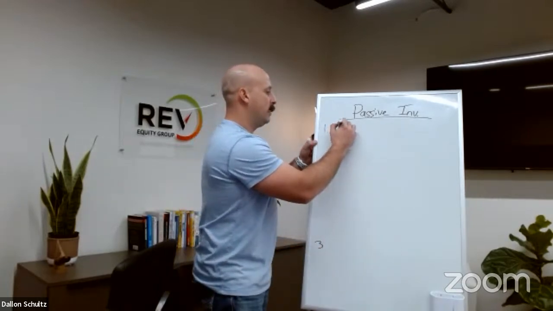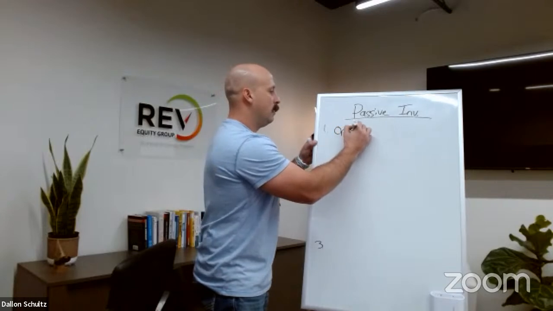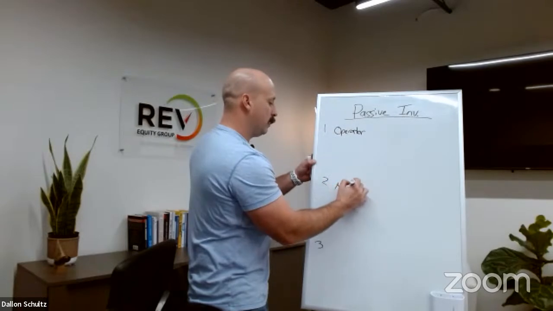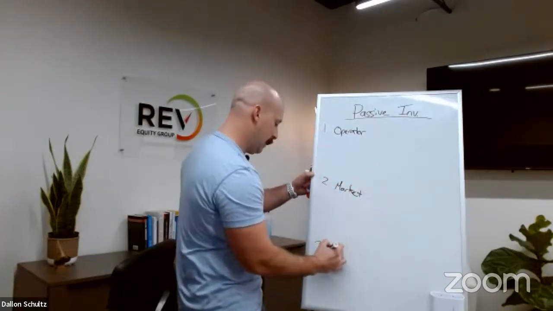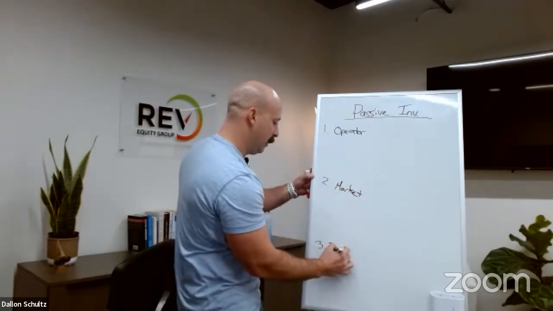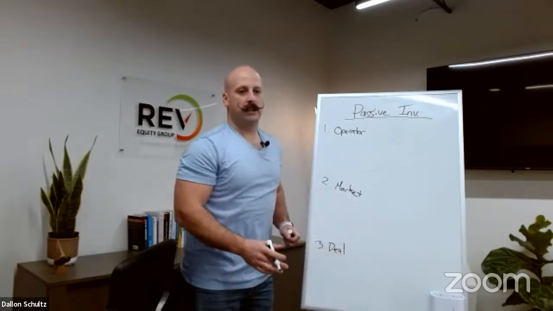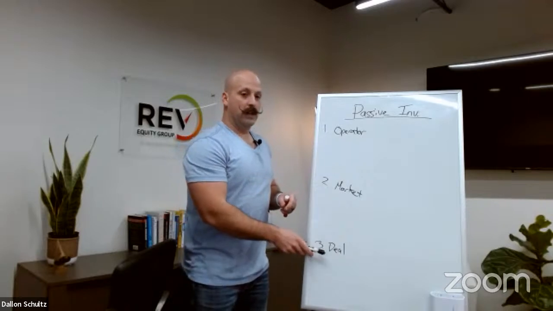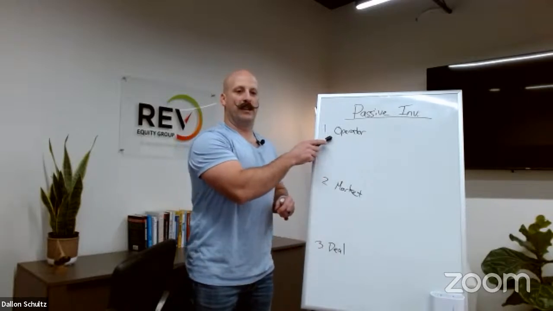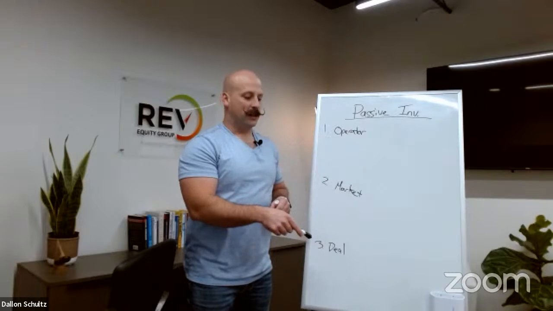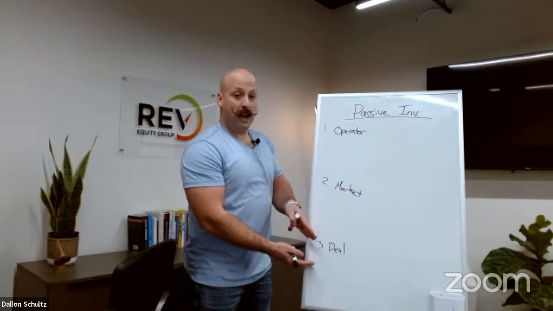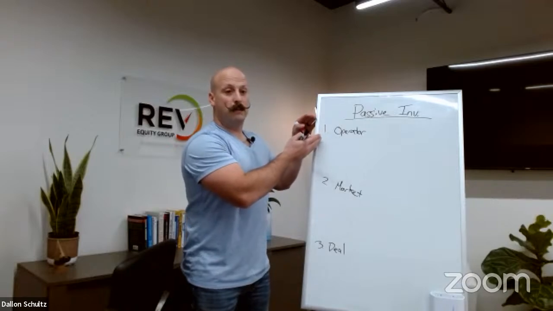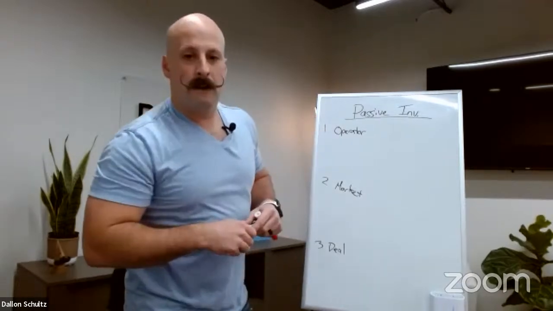Okay, so number 1, we say to vet the operator. Then number 2 is the market. And number 3 is the deal itself. And I mentioned this earlier, the reason being you can have a really good deal and a really bad operator, and they can drive that deal into the ground. On the flip side, you can have an okay deal with an excellent operations team, it can really hit that out of the park.